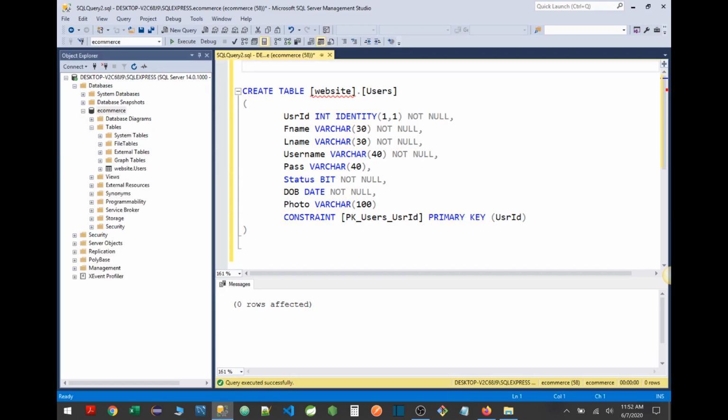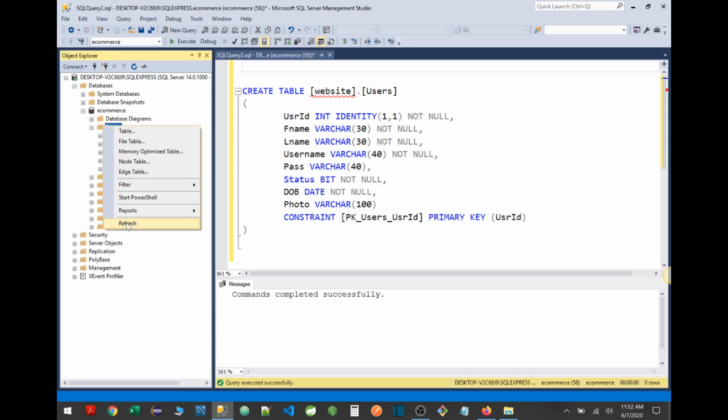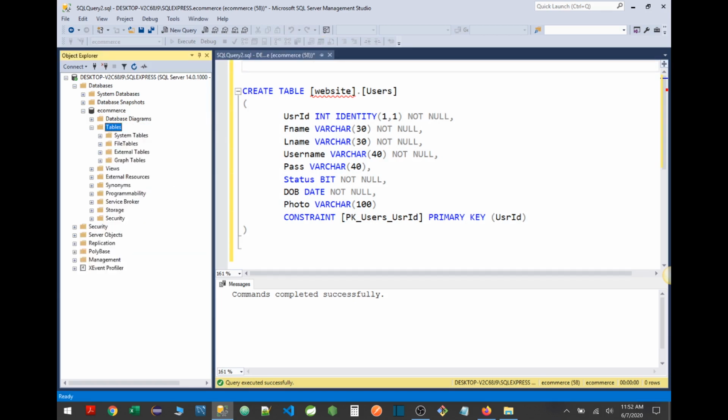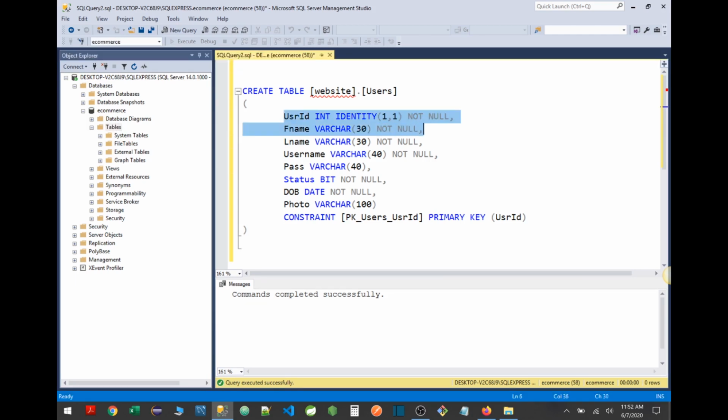Let's drop the table because we're about to create a new table. So drop table user. Perfect. Table has been dropped. If we right click on tables and we refresh, there's no table here. Perfect. So what we're going to do, we're going to keep the user ID, first name, last name, username, but